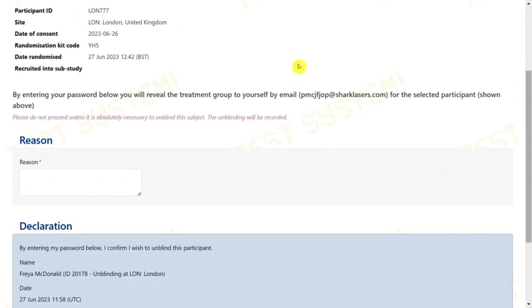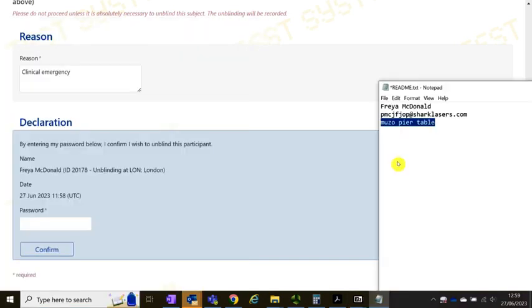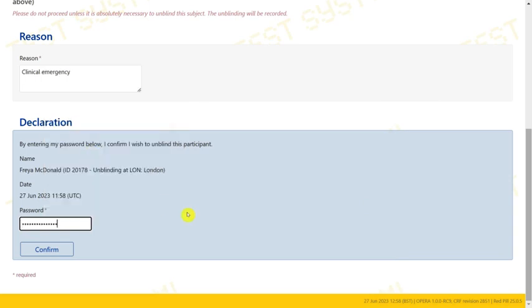There's some text that indicates that by entering your user password you will reveal the treatment group to yourself by email. You must give a reason for the unblinding. This is a mandatory field. We're just going to write clinical emergency. Then we're going to enter the user password, which in this case is the test user's password, which is Freya's password. When the confirm button is clicked,